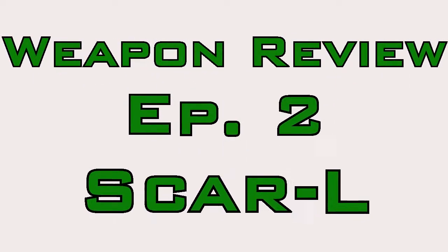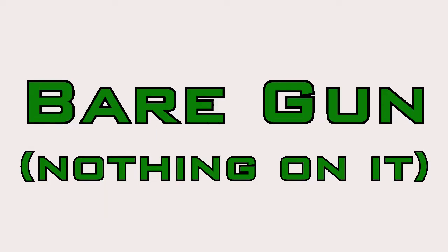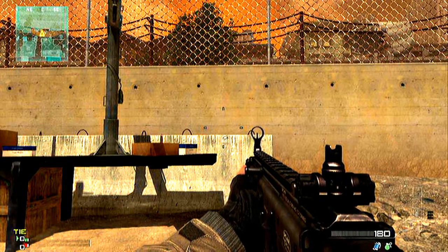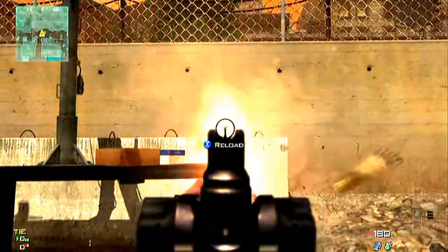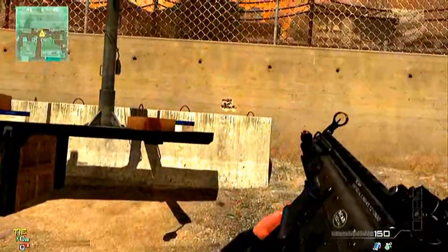What's going on, guys? We got this weapon review, episode 2, Scar L. This is how we do it. We got nothing on the gun right here, and I'm going to show you the recoil patterns of the gun. So, without further ado, as you see, this gun,